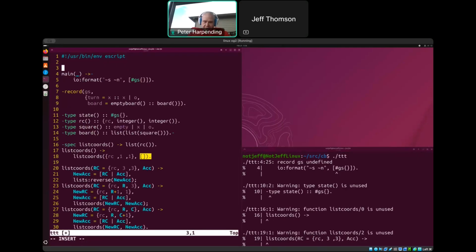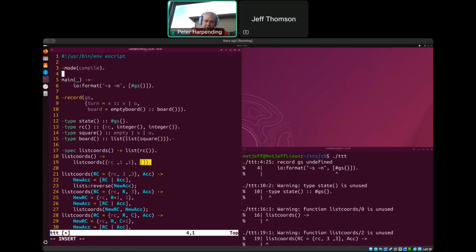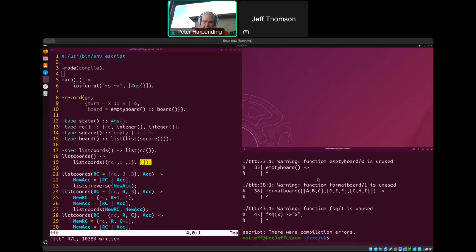And dash minus mode, mode open paren compile close paren period. And then make a new line between them if you want. And then save. So what that does is it compiles the whole script before trying to run it rather than